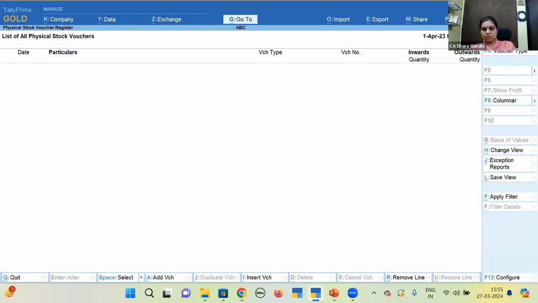Now what is a physical stock voucher? Physical stock voucher is a Tally feature which automatically passes an entry. Obviously at year end, as on 31st March, the stock verification, physical stock verification, is conducted by the clients. So whatever variances you get between this physical verification and the Tally accounting, you have to either pass a stock JV, which would be easily caught by the auditors,